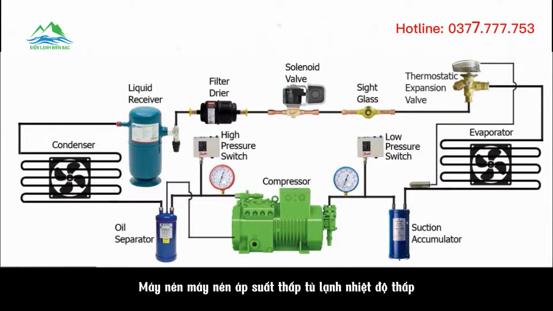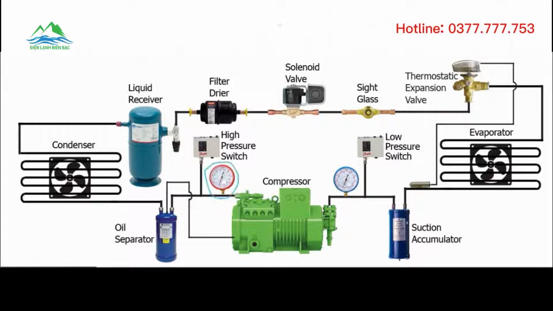The compressor compresses the low pressure, low temperature refrigerant vapor, changing it into high pressure, high temperature refrigerant vapor. The high pressure gauge shows the discharge pressure of the compressor. The discharge line starts from the compressor discharge outlet to the condenser inlet. The high pressure switch is located on the discharge line. The high pressure switch protects the refrigeration system from over-pressurization.